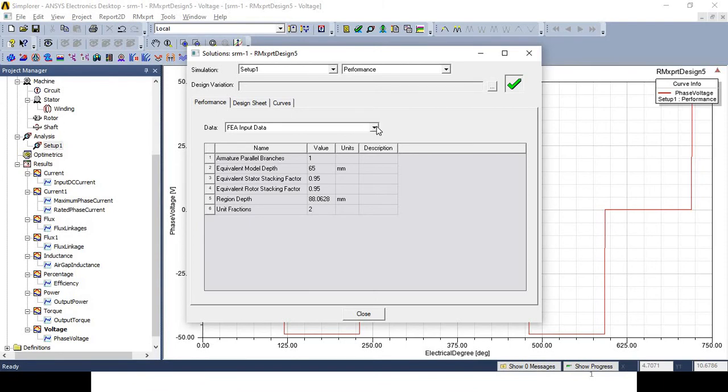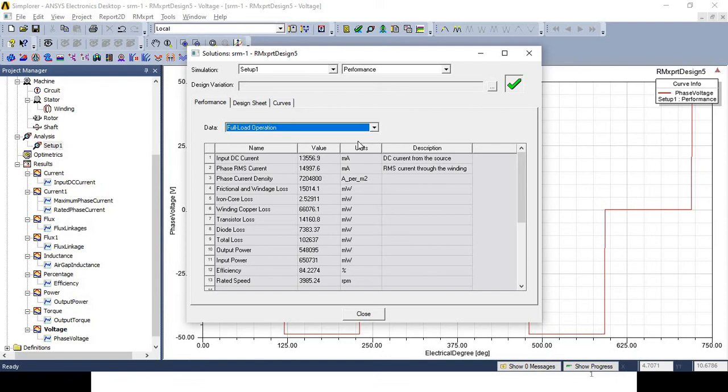Another information which you will get under the performance is the full load operation of the motor. Whenever you are going to check the performance of the motor and you have to test the motor in a laboratory, you have to do multiple setups or a hardware model, and it of course requires time, but through this software it becomes easy. You will get the full load operation data easily. In the full load operation data, which information will you get? What is the input DC current,